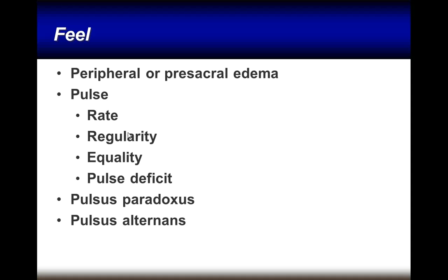All right. Normally, anytime that we breathe in, our blood pressure will drop, usually less than 10 millimeters of mercury. But when it drops more than 10, you can have problems with your distal pulses and all that stuff. So things like cardiac tamponade and COPD patients will cause pulsus paradoxus. And then the pulsus alternans,